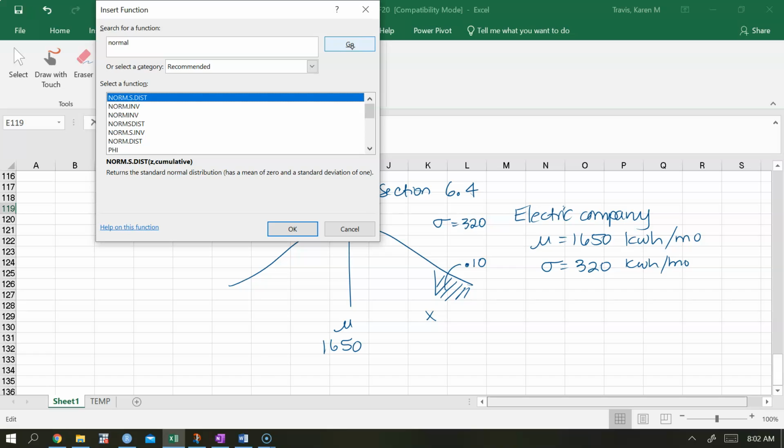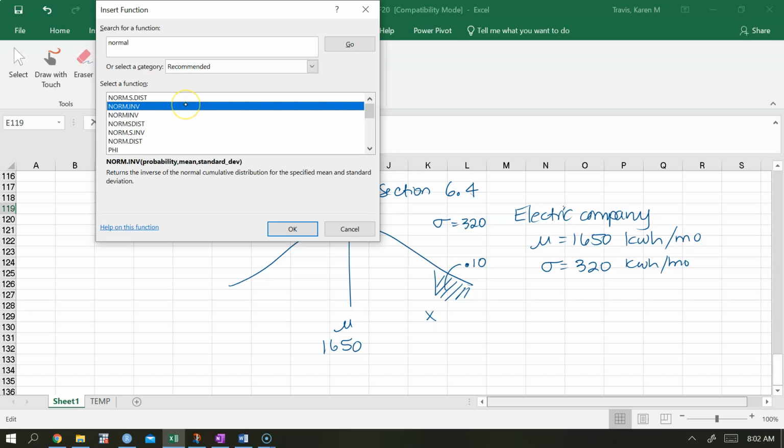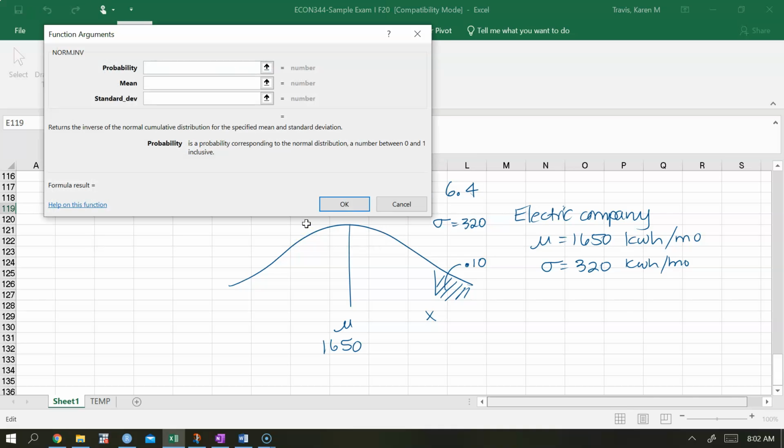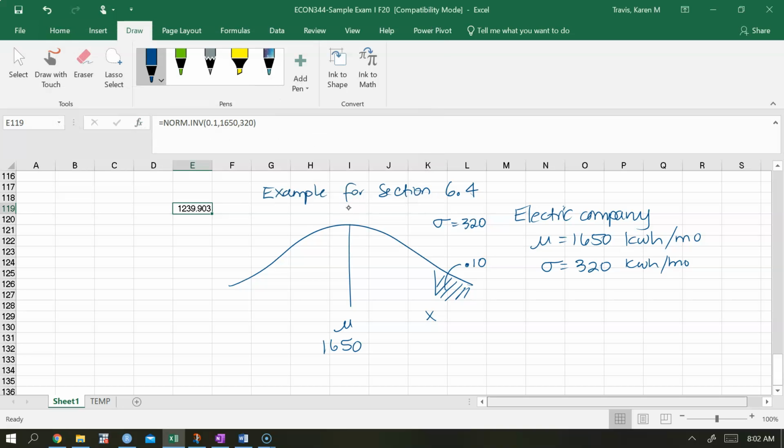And what our choice will be is we're going to use this norm inverse and say, okay, so the probability that we put in is a 0.1 for a distribution that has a mean of 1,650 and a standard deviation of 320, and then we say okay,